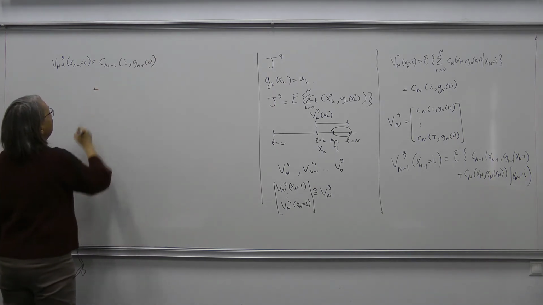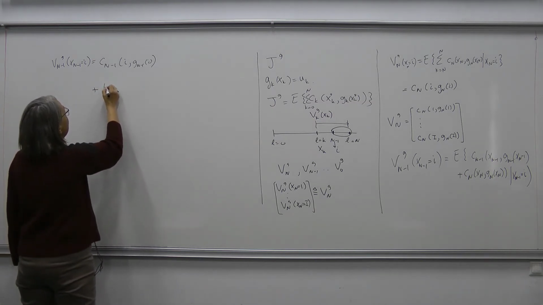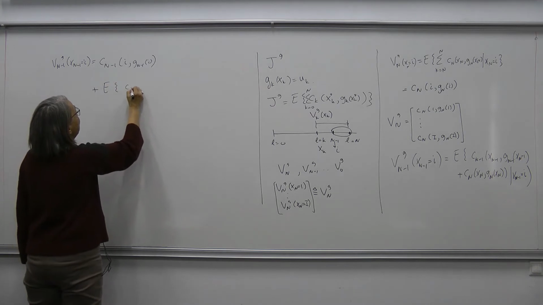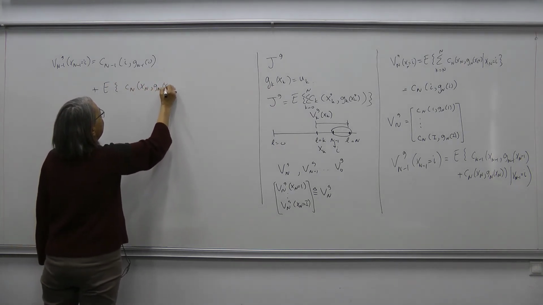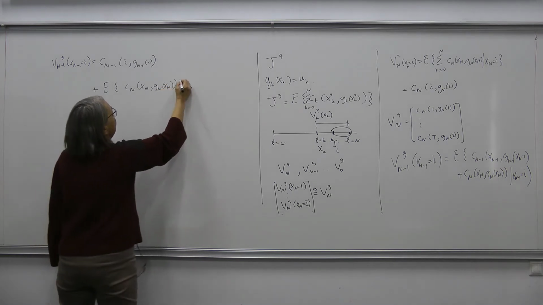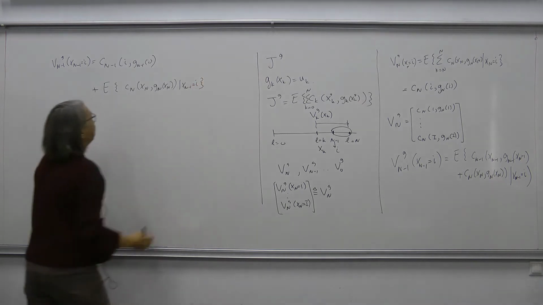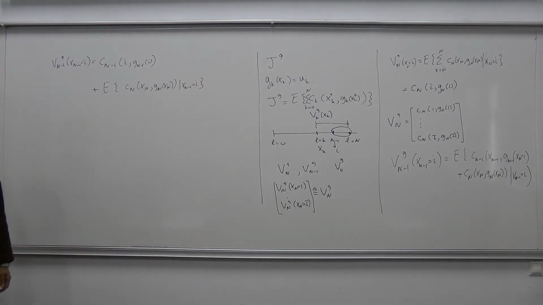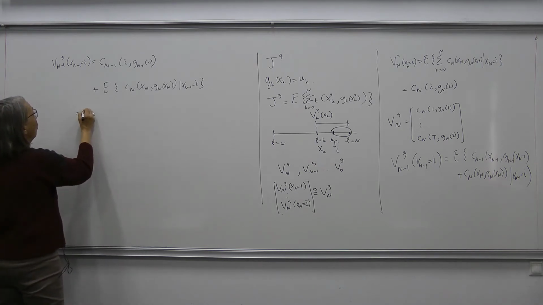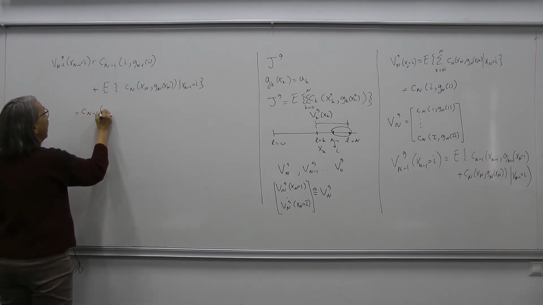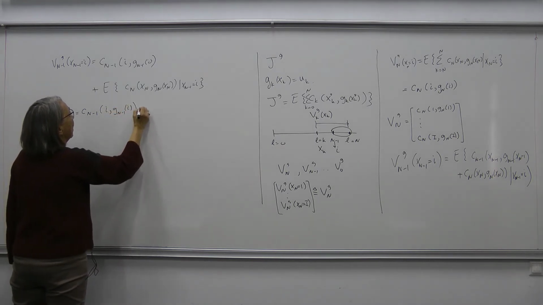And now we have to write the second expected value there. The second expected value is the expected value of c_n of x_n and g_n of x_n, given that x_{n-1} is equal to i. The evaluation of this expected value is again not so difficult, so that the overall expression is c_{n-1} of i, g_{n-1} of i, plus,